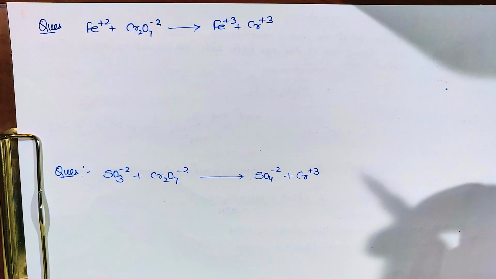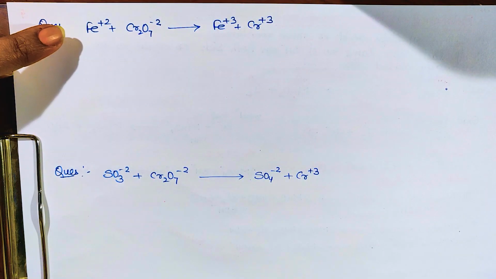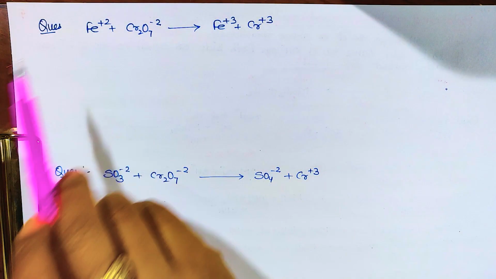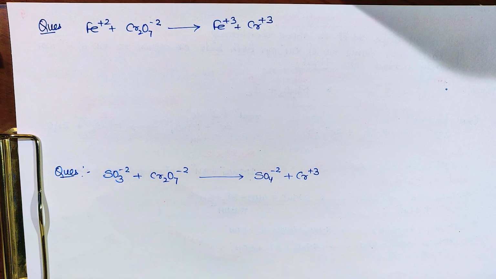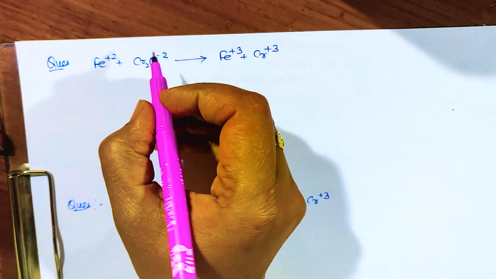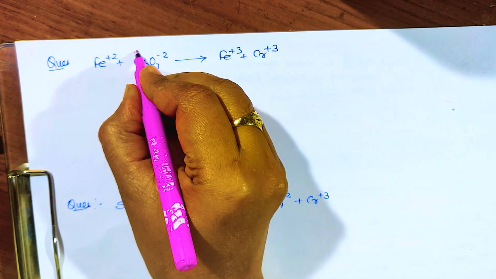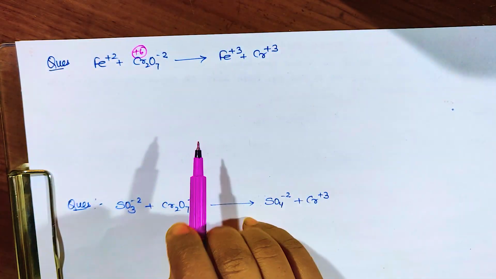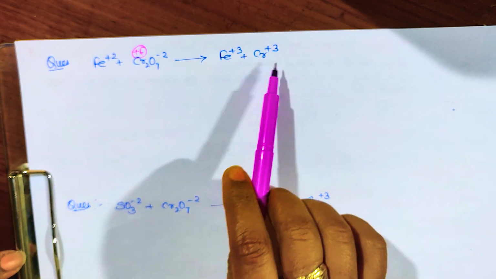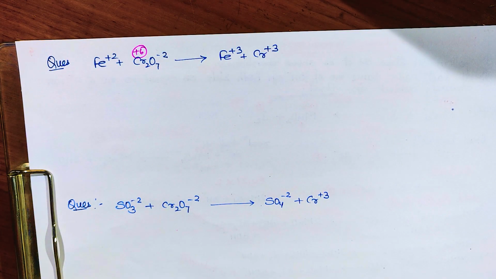As I told you, first we have to find the oxidation number. In this case there is no need to find it, because the charge is already given, so the oxidation number is already given. Yes, for this you have to find. Chromium is in +6 state. You can find the oxidation state very easily. Now no need for this and this. Yes, so find the oxidation and reduction.